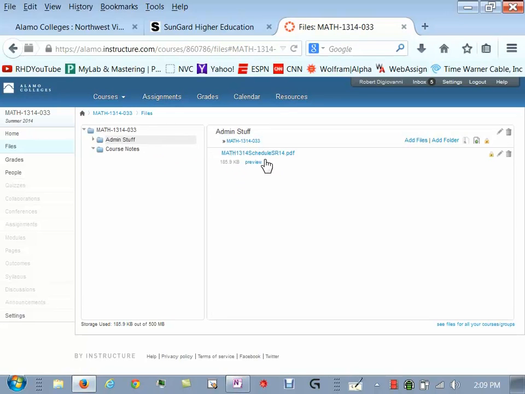And then there's also the administrative stuff. There's your schedule if you want to get that. That's another way to get to the schedule. But does everyone make sense? The class notes will be there. Okay, so everything I write, you can theoretically print off. All right, back to the home page.